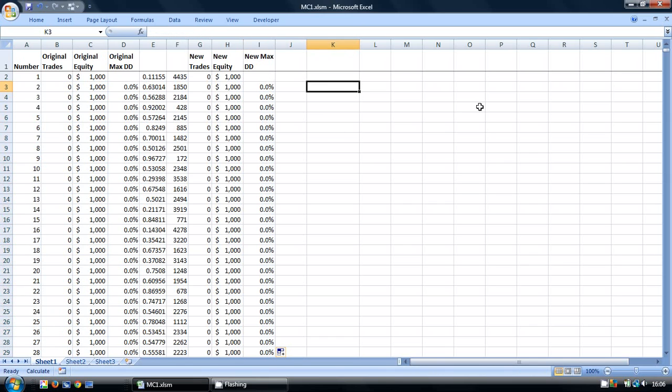Okay, so here what I'm going to do is calculate our profit. Our profit is going to stay the same in both the original and the new versions. This is because we're keeping all the same trades. This particular Monte Carlo simulator is only randomizing and rearranging the order. So we're going to do this by